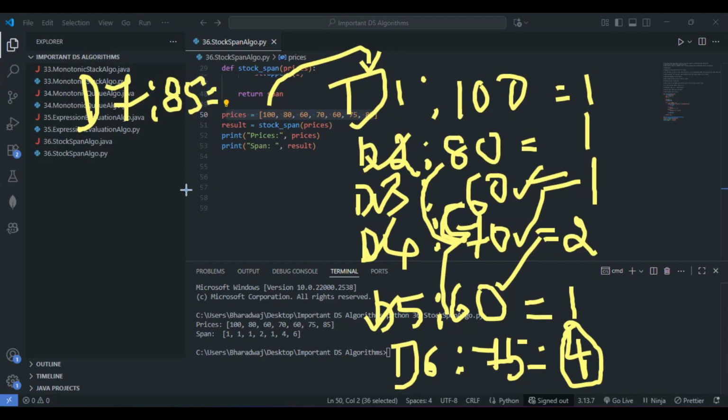So basically it beats everything until 100. See, we have 85. This beats 75, this beats 60, and this beats 70 as well, because 85 is greater than 70, and this beats 60 as well, because 85 is greater than 60. This beats 80 as well, because 85 is greater than 80. And finally, 85 is smaller than 100, so this doesn't beat 100, so we'll stop here, and we have to